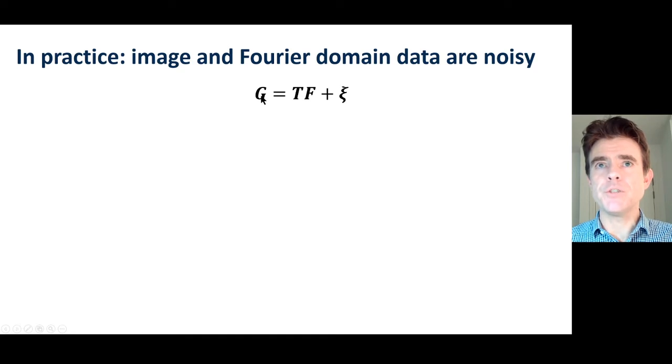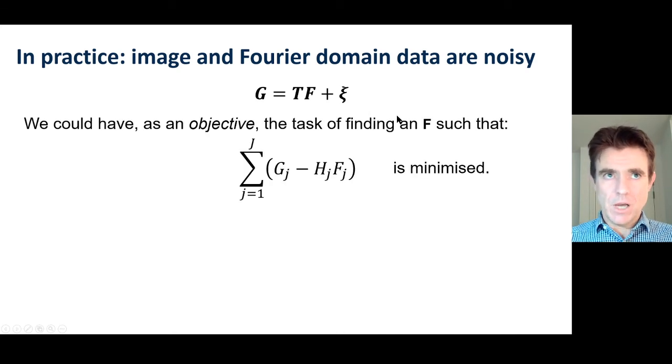You can see now, instead of just G equals TF, I've now added on the fact that there's going to be some random noise component in there due to measurement noise. And so therefore, instead of previously assuming G equals TF and just solving, now we're saying G equals TF plus some noise component, and then we could have as an objective the task of finding the spectrum F such that